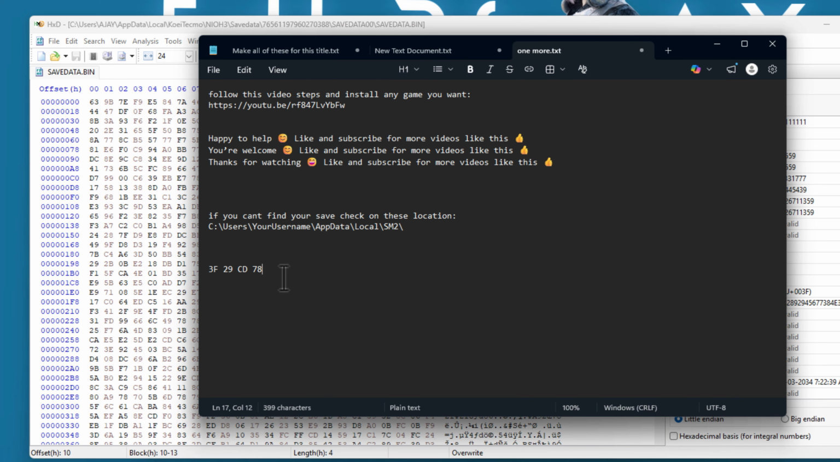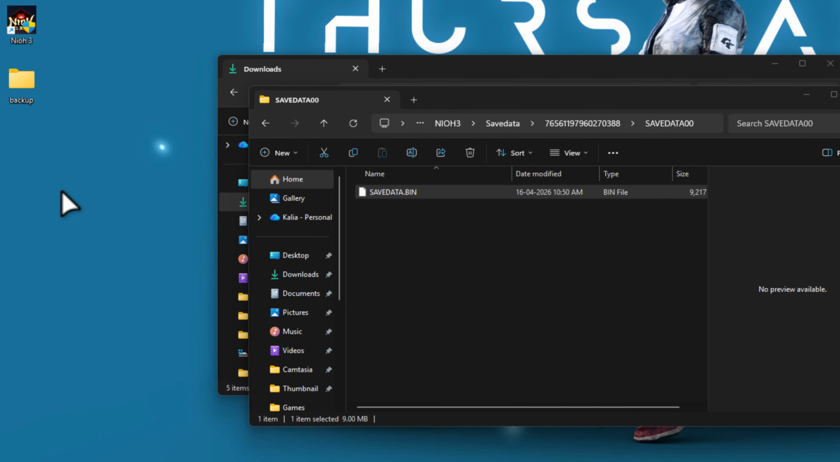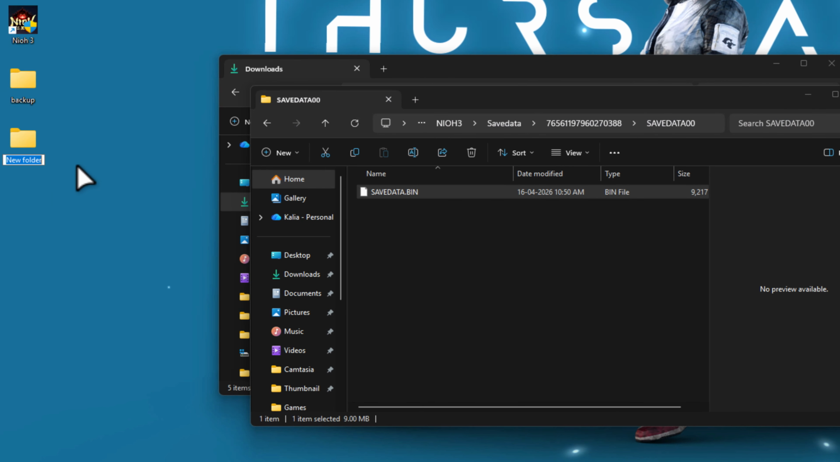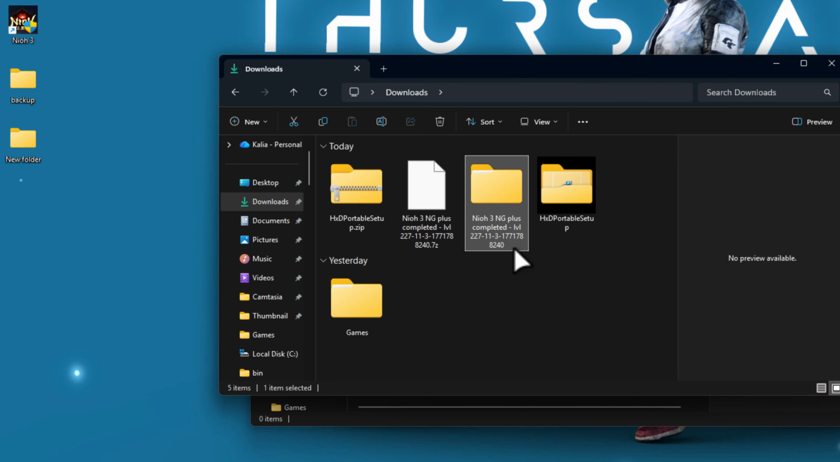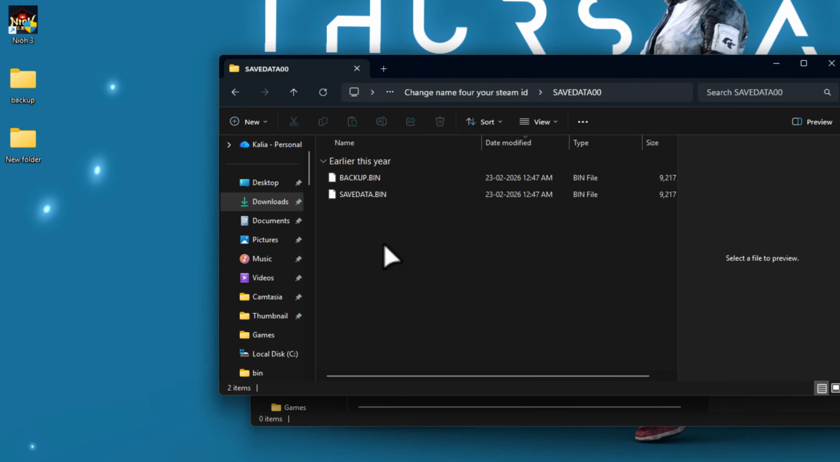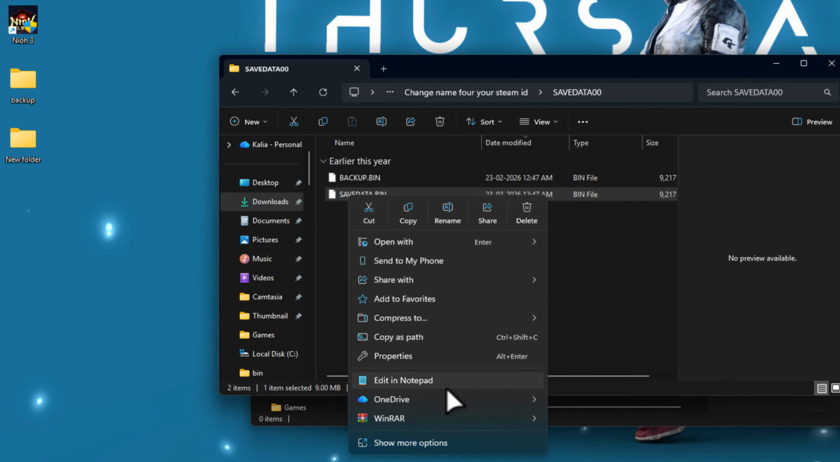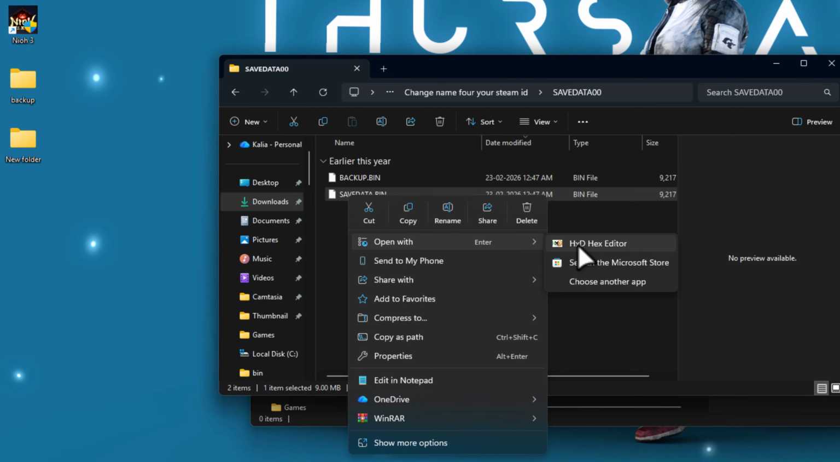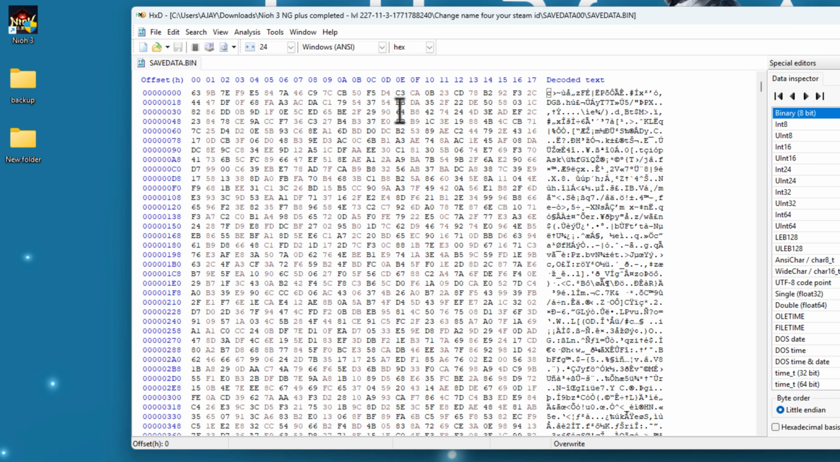paste it in Notepad, and then close tab here, back up the save data, drop to this new folder, go back to 100% save data, open save data, open this save data with HXD, click on the drop down and select 24, 10, 11, 12, 13, just